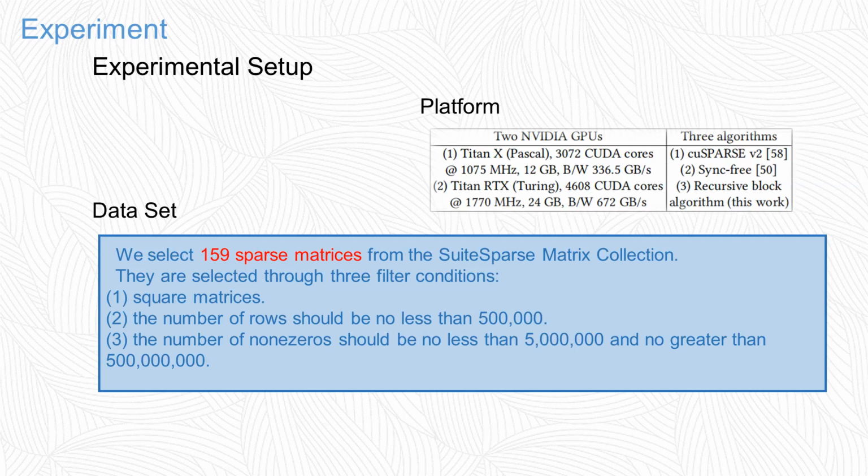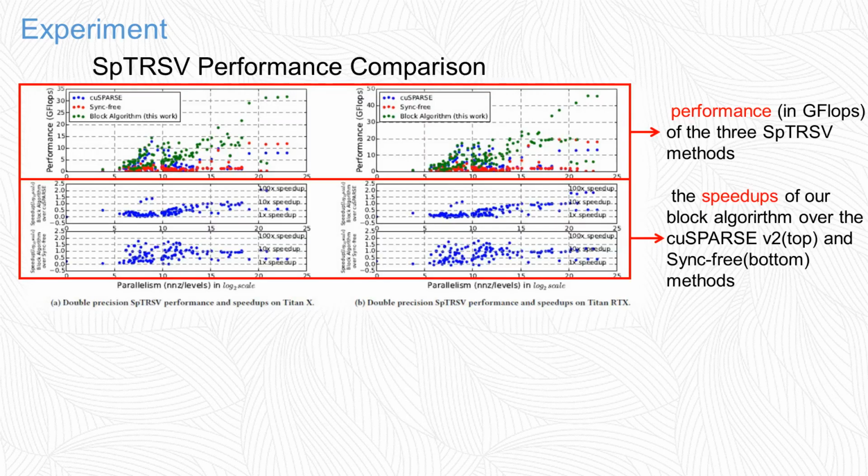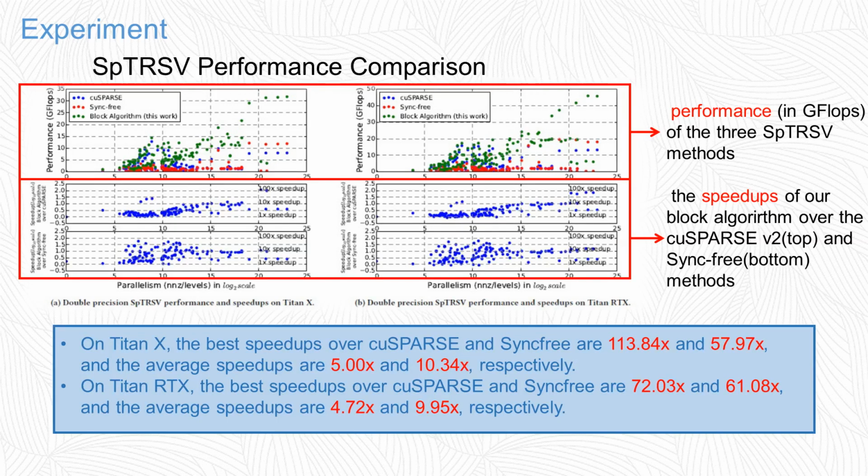This is the platform and the dataset we used in the experiment. As we can see, this figure shows the performance of the SpTRSV methods and the speedups of our block algorithm over cuSPARSE and the sync-free methods. On Titan X, the best speedups over cuSPARSE and sync-free are 113.84x and 57.97x, and the average speedups are 5x and